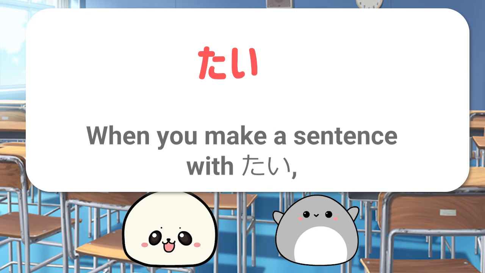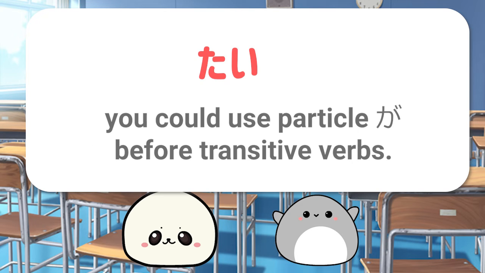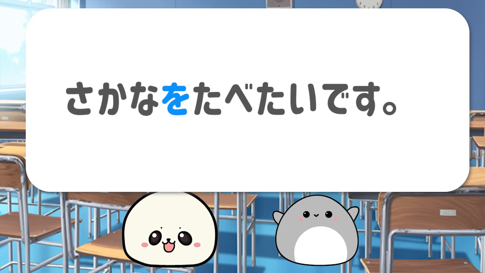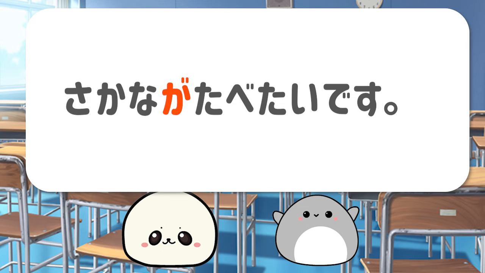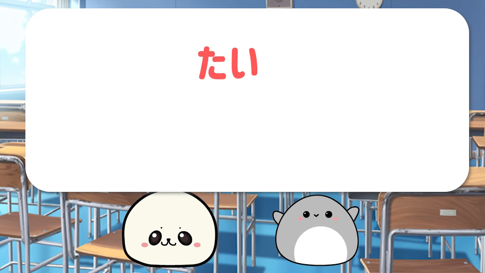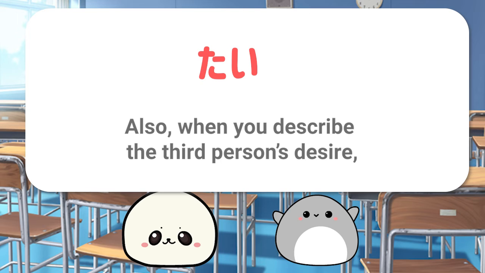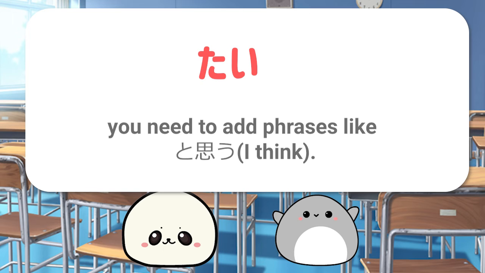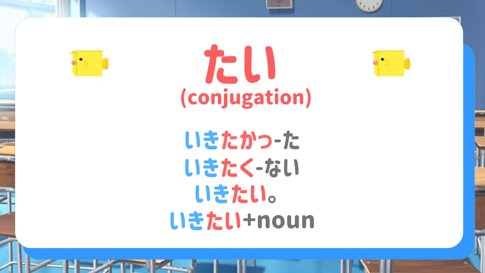When you make a sentence with tai, you could use particle ga before transitive verbs. For example, you can say 魚を食べたいです。But you can also say 魚が食べたいです。Also, when you describe the third person's desire, you need to add phrases like と思う。